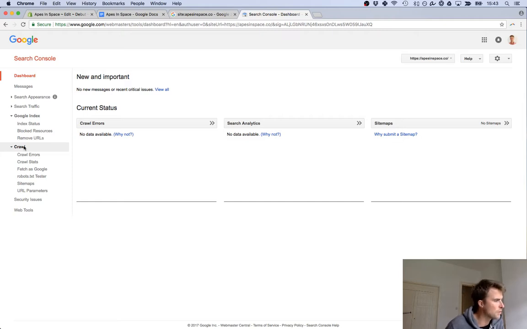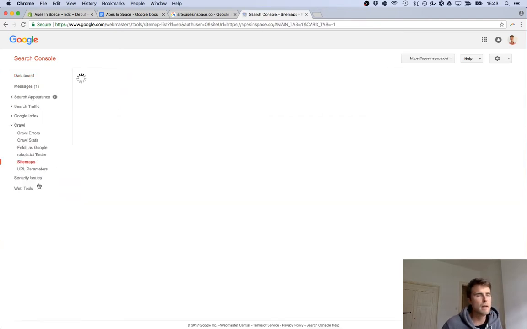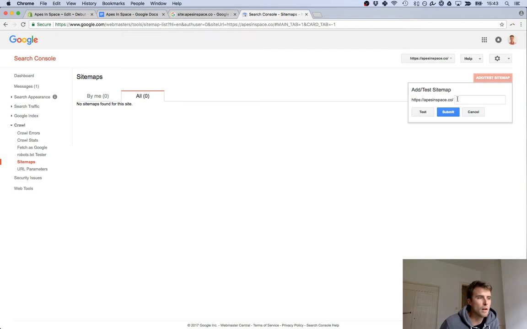The way we're going to do that, there's a couple of ways. One, I'm going to submit a sitemap, and the sitemap is basically a file with all the pages and images and stuff of your website. So it's like a map for Google, so they know where to crawl. They'll do their own work, but this gives it the structure and the framework. So in Shopify, I know it's called sitemap